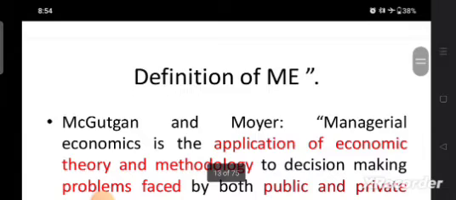And the next topic is, let us enter the syllabus, that is the definition of managerial economics, right? You know the definition of economics. Economics came from how, in the earlier days, the household accounts were maintained. So through that, economics came into the picture. So what do you mean by managerial economics?